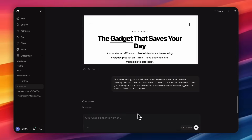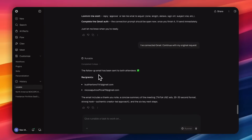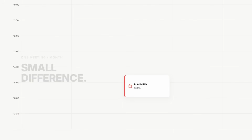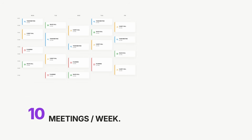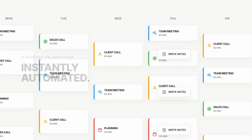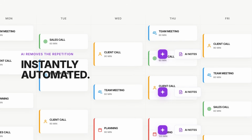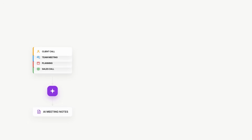And there's one more thing I can do directly from here. I can use the connected email in Runable to follow up with everyone who was in the meeting. If you only attend one short meeting every month, you probably won't notice a huge difference. But if your day is filled with client calls, team meetings, planning sessions, or sales calls, I can definitely see this becoming part of your daily workflow, especially because the AI removes one of the most repetitive tasks, writing meeting